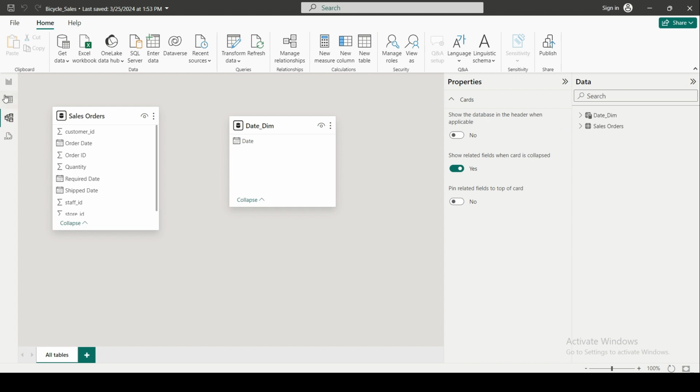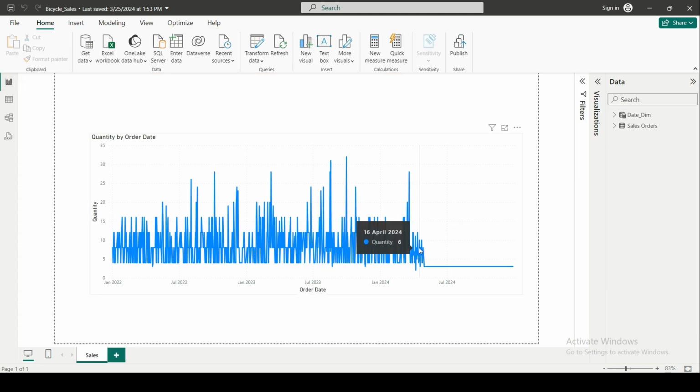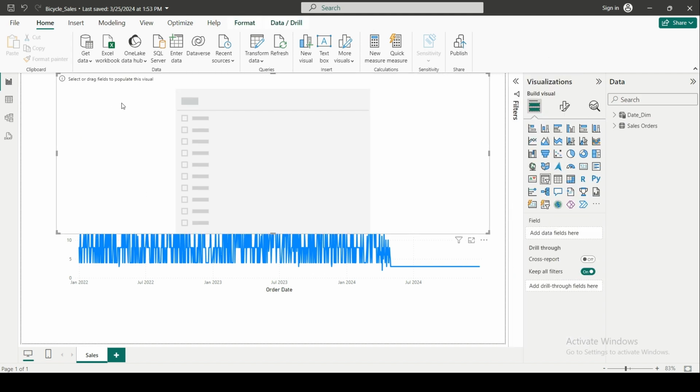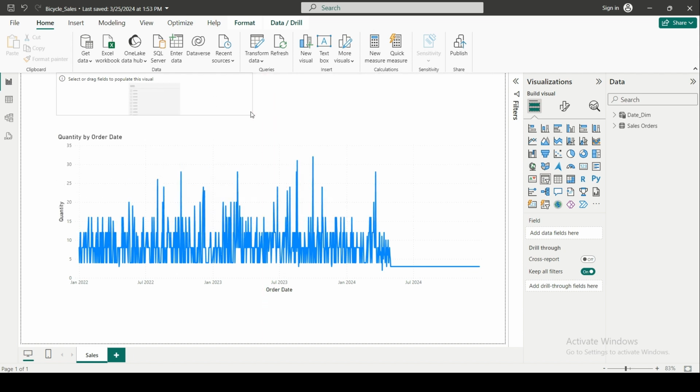Relationship wise, we are not going to have any relationship between these two, because if we have a relationship, then this date will in turn filter out this table, and we cannot fetch the future 15 days records. Okay, so let me pull this into the date dimension table. So let me pull this into the slicer. We'll create a date slicer. Okay, I want to pull the dates,